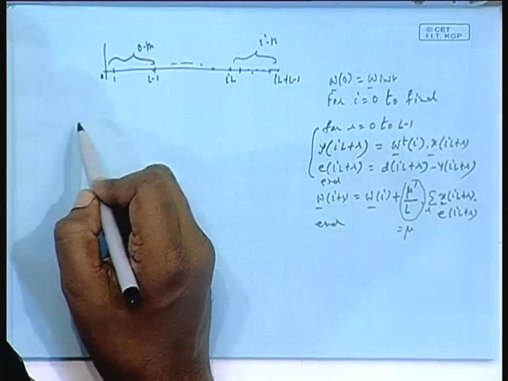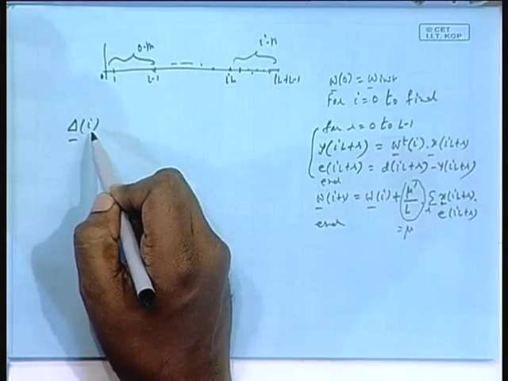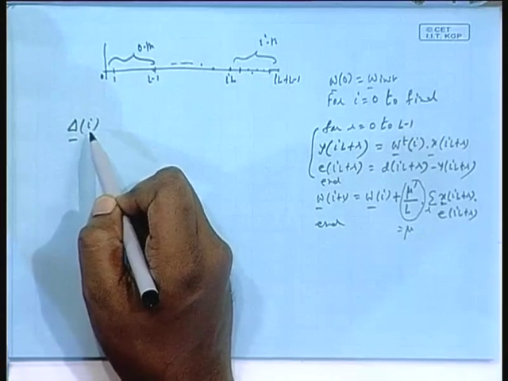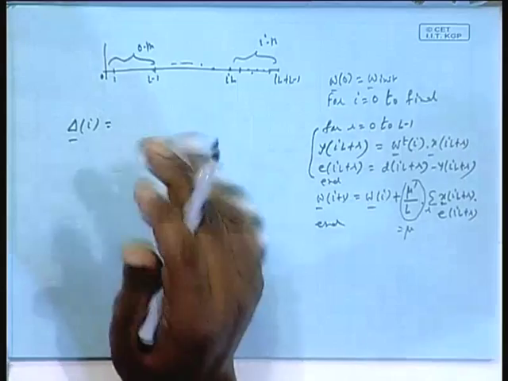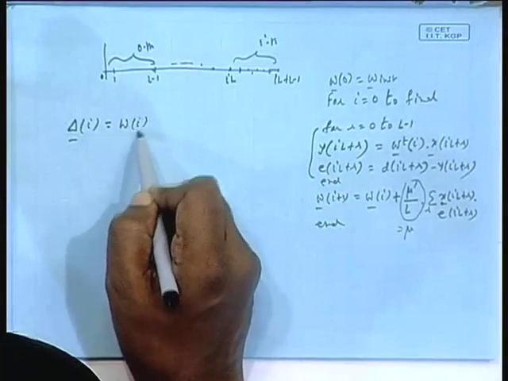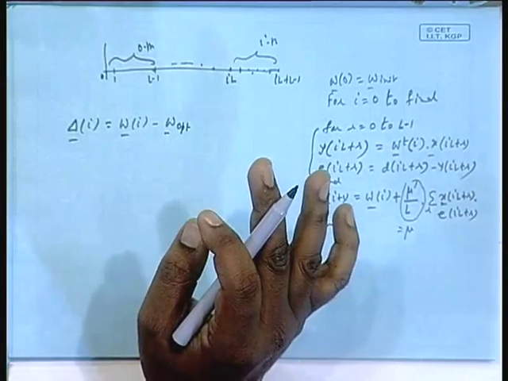That is, suppose we define the weight error vector for the ith iteration. Earlier it was delta n, now it is delta i. This is the only difference, because weights are changing over i, block to block, not over n. So, it was W i minus W opt. W opt remains as usual, that is the optimal filter, R inverse P.